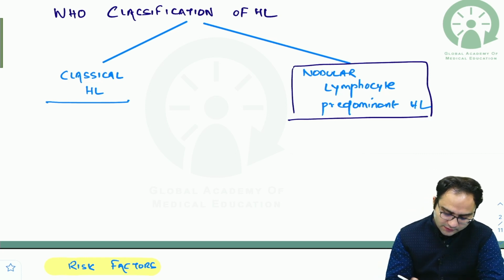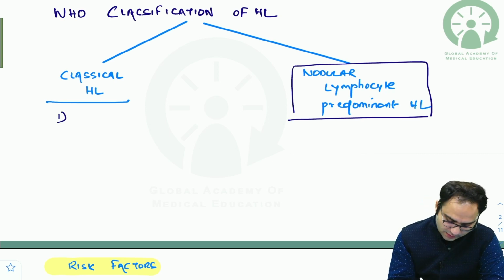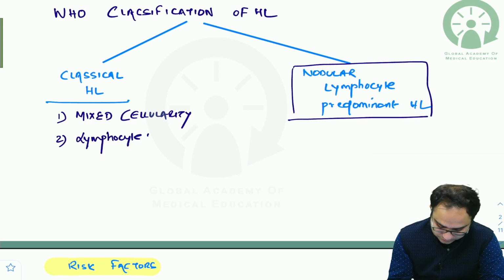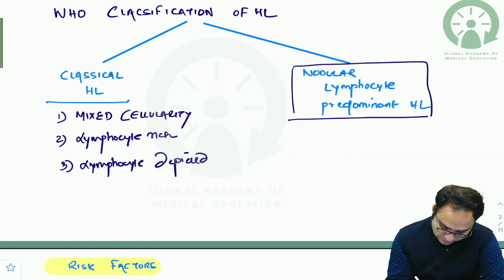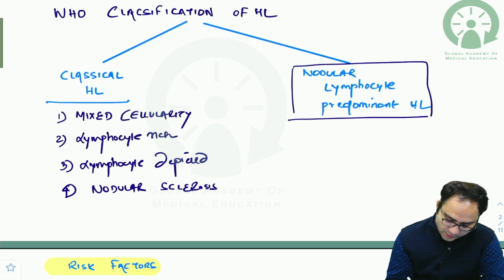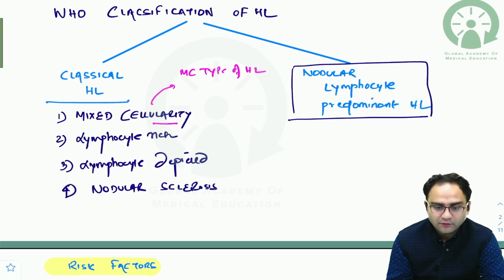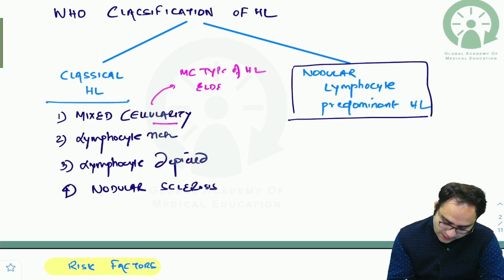And what are the different variants of classical Hodgkin's lymphoma? Number one, mixed cellularity. Number two, lymphocyte rich. Number three, lymphocyte depleted. And the fourth variant is the nodular sclerosis. Now, mixed cellularity is basically the most common type of Hodgkin's lymphoma in our country, in elderly group,